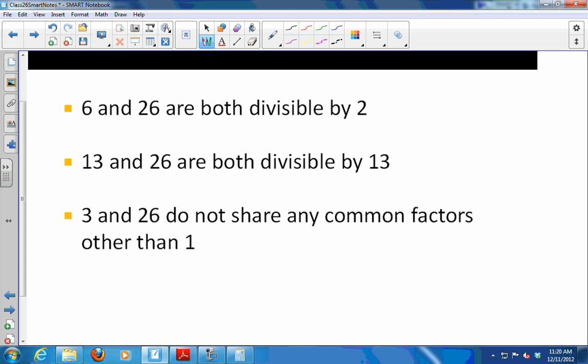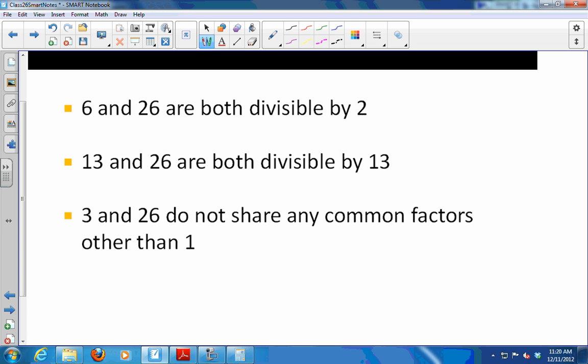And 13 is not reversible because 13 and 26 share a factor of 13. The 3 was reversible because 3 and 26 have no common factors. There's no number that goes into 3 and into 26 other than 1. So